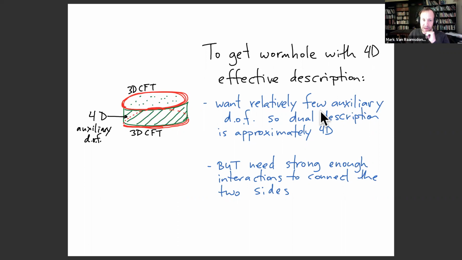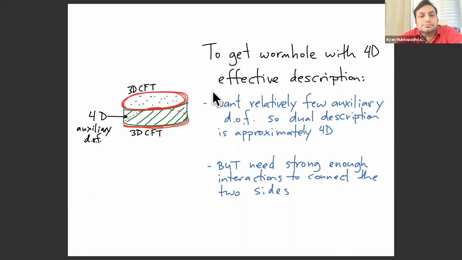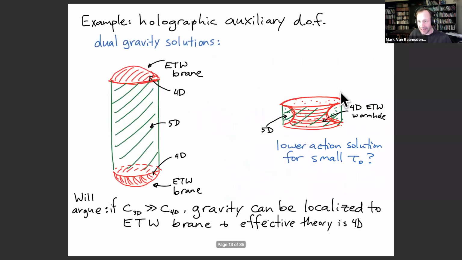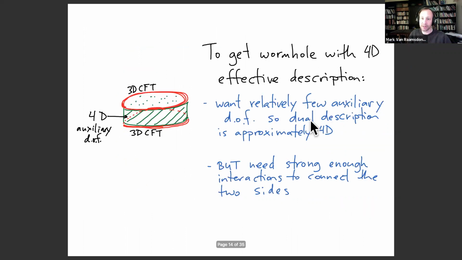I see. All right. So we want to make the number of degrees of freedom very small so that the perturbation is as small as possible. But we still need enough correlation between the two sides so that the dual gravity, this connected solution, is preferred, because this is the one we want. This is the wormhole that's going to continue to our cosmology picture.